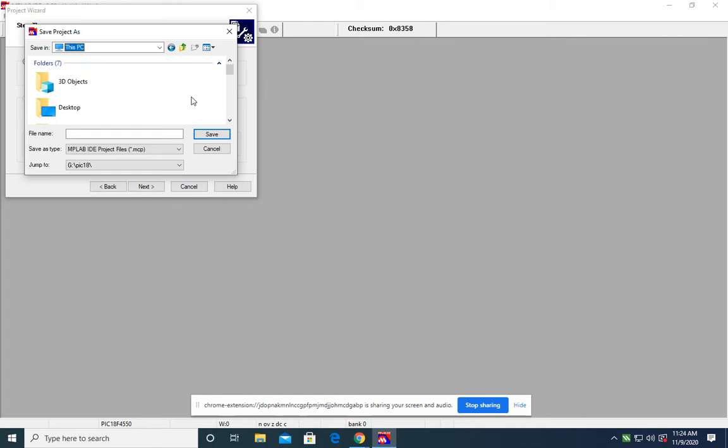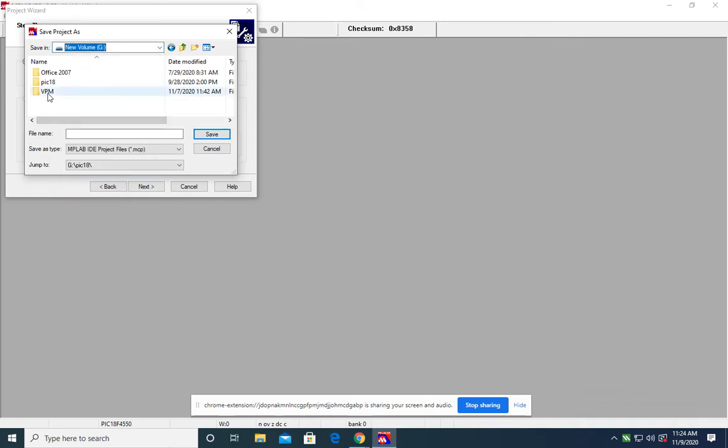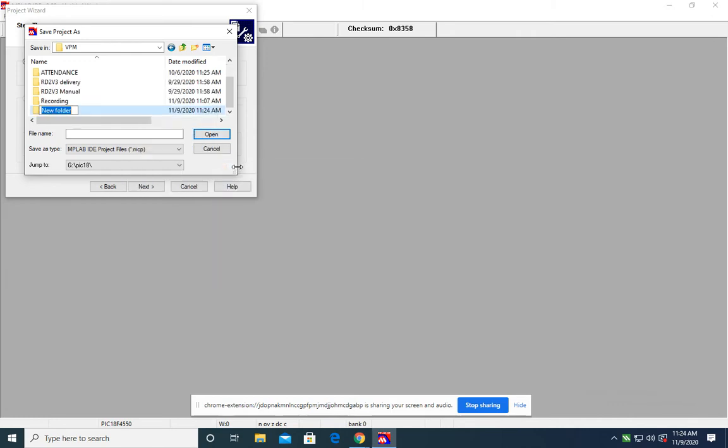So instead of creating this folder on C drive, you will create this folder in another drive. Here I will open this G drive, where I have created my folder, and here I will create my folder for PIC18. I will give the name PIC18 programs. So open this folder.